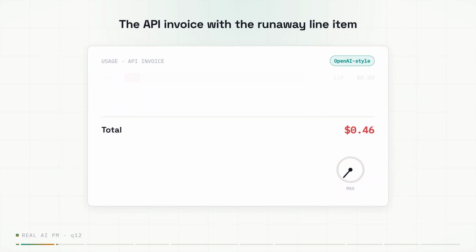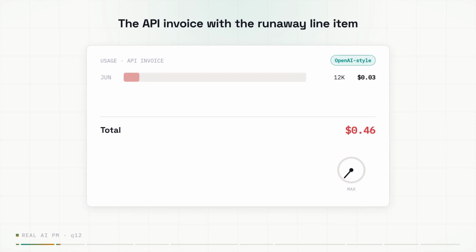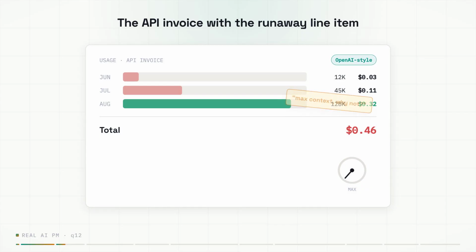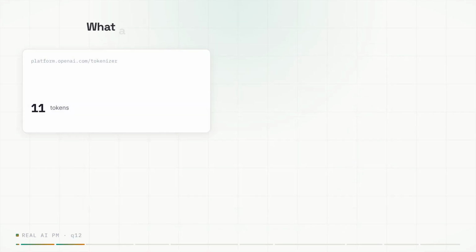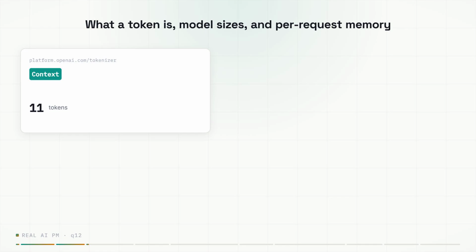This is a knowledge check, but it's testing whether you'd feel the cost of a design choice in the unit economics. A product manager who thinks a bigger window is a free upgrade will happily ship something that quietly burns money and gets worse over time. By the end of this section, you'll be able to reason about window size as a lever you tune, not just a number you max out. Let's define it cleanly first.